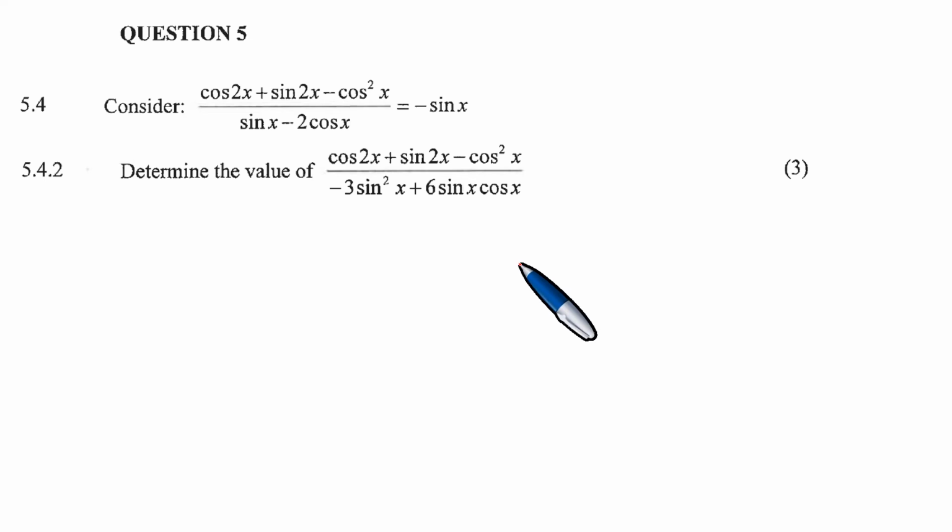What is the value of this identity? So we find the value of that identity. Okay, how different is it? Well, we can see that you proved that, but now you need to determine the value of this. This one here has a -3 and there's a 6. The top one does not have. So it means,